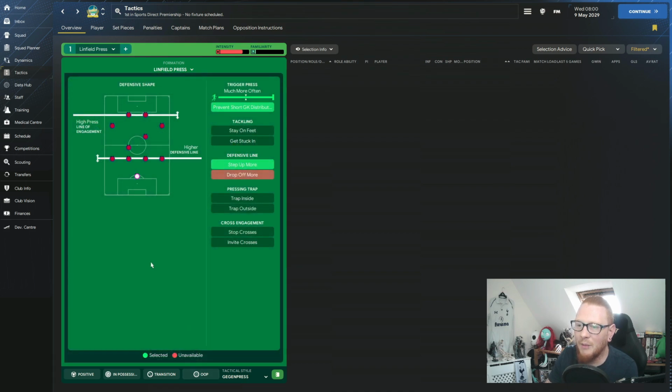And then when we are out of possession, we've got the high press, that higher defensive line. We're going to prevent the goalkeeper from distributing shortly. We're going to trigger that press more often and then we're going to step up that defence as well. So we're just going to be as high up the pitch as we can. That probably will create a lot of problems for us because we're higher up the pitch, not defending back as a lot of defenders can do, but I think it's going to work for us. I mean, I've proven it's worked for us with the Linfield section of our